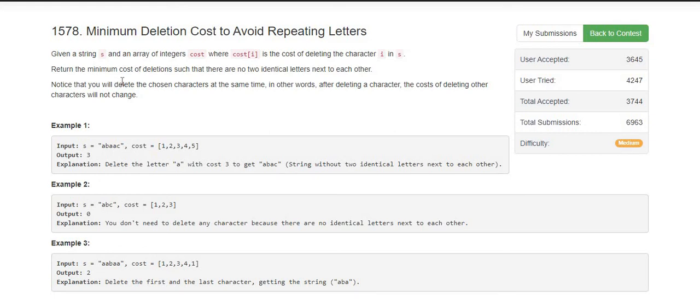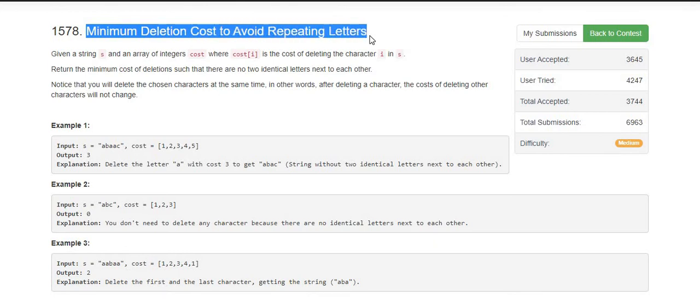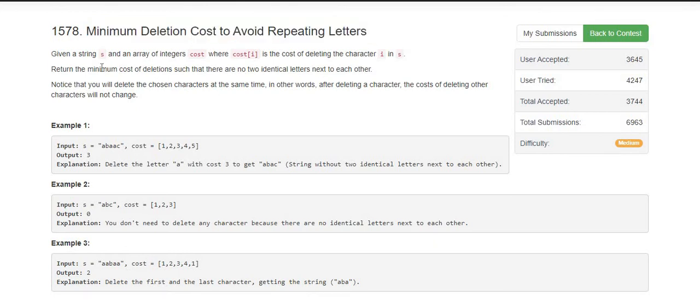So today we are going to discuss a problem from the LeetCode weekly contest 205. The problem title is minimum deletion cost to avoid repeating letters. Here we are given